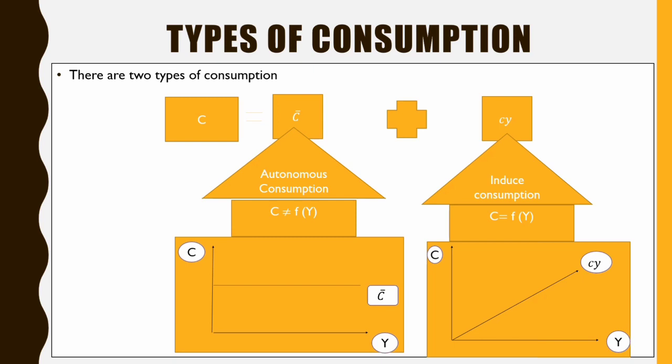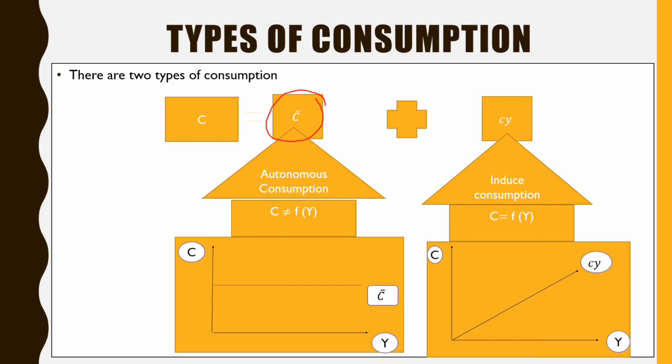In the last part of the lecture, we will explain the types of consumption, as the total consumption function is the combination of C bar plus CY, where C bar represents the autonomous consumption and CY represents the induced consumption. Now we will explain them one by one. C bar here is the interpretation of autonomous consumption. What does the word autonomous consumption mean? Autonomous consumption is the type of consumption that is independent of the level of disposable personal income,